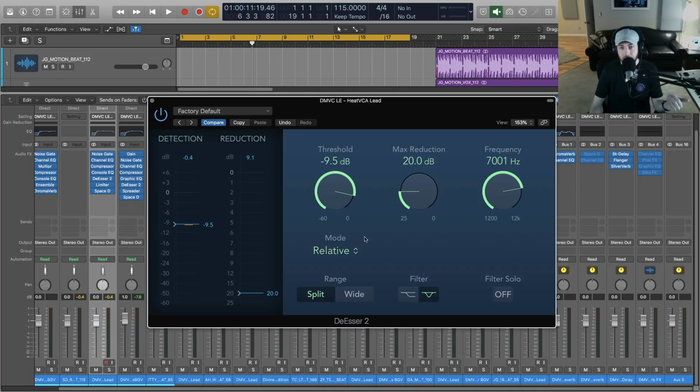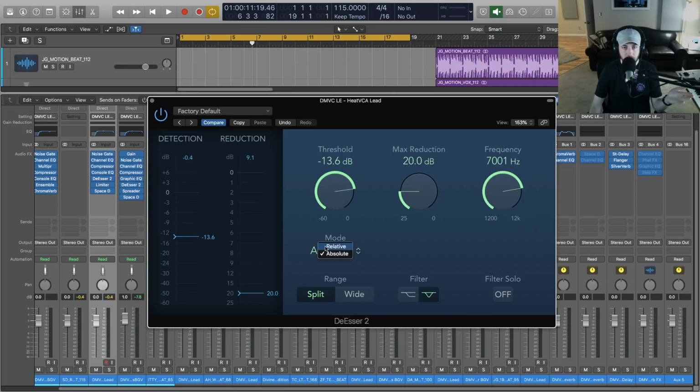And so what I've found is that there's two modes in the De-Esser 2, relative and absolute. Now, if you have it set to relative, that means no matter where we put this detection point in terms of the threshold, it's going to identify the energy of the sibilant frequencies. A little confusing because a traditional De-Esser would normally be on absolute, right? And you just set that threshold. When it crosses above the threshold, then we get the attenuation with the De-Esser,